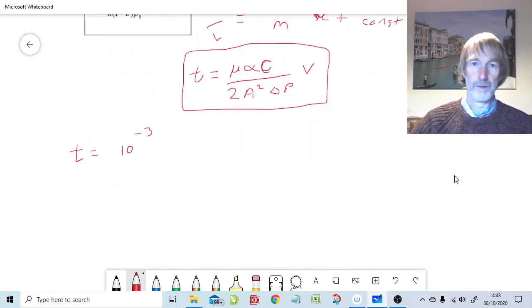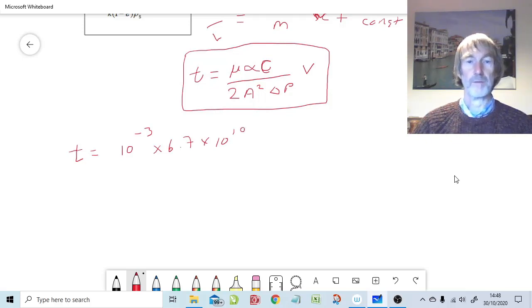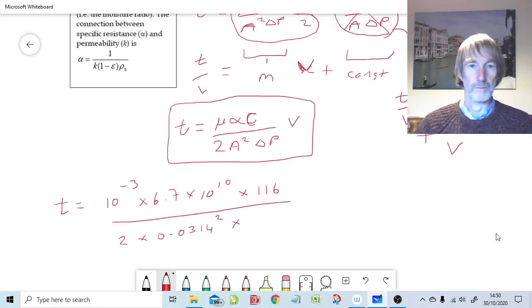So that's times 6.7 times 10 to the 10. The dry cake mass per unit volume of filtrate, which I think was 116 kilograms per meter cubed. 2 times the area, which was 0.14 meters squared, times by